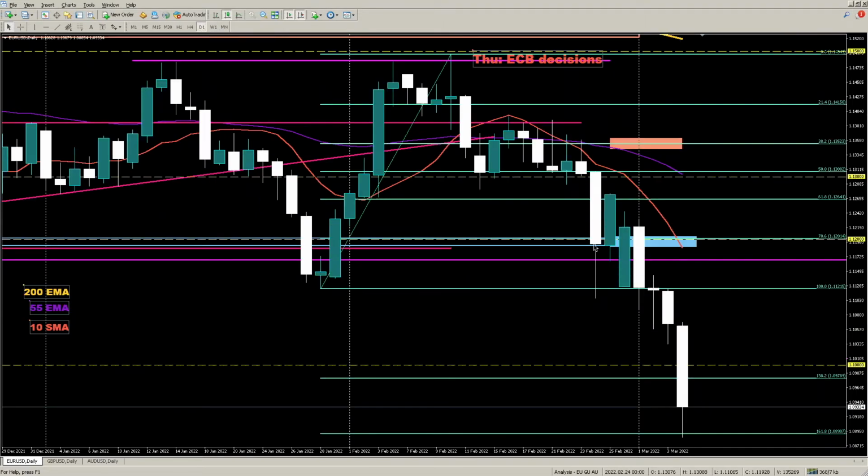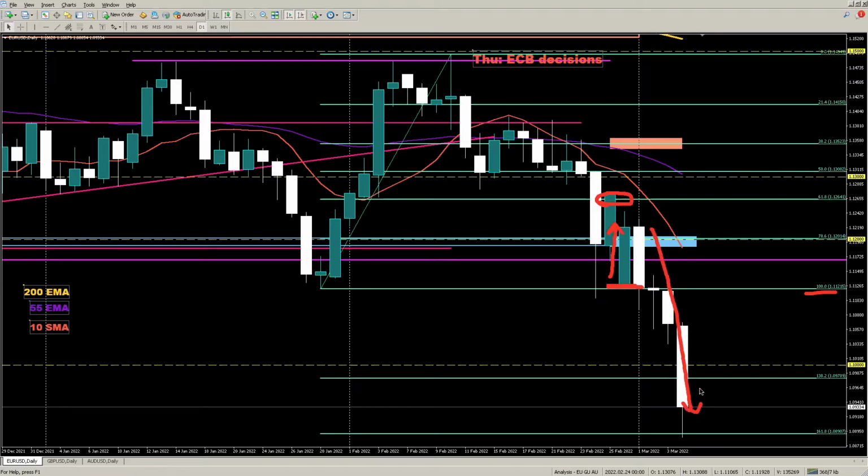So the previous week's close was up here. It was attempting to pull back higher, but at the start of the week, it opened right here at the swing low and attempted to recover back up. And then from Tuesday on,